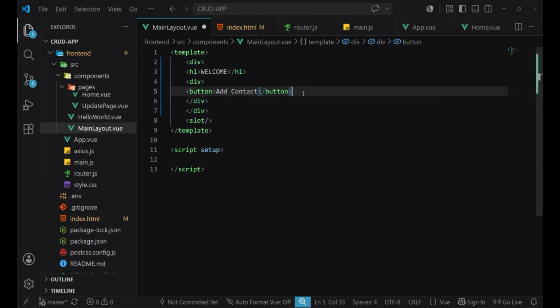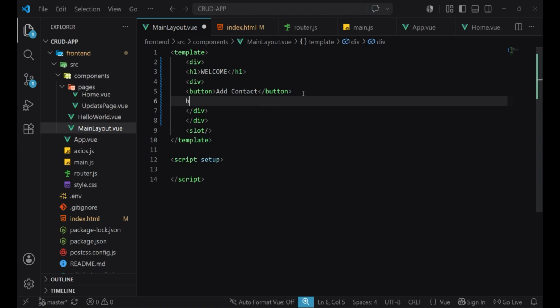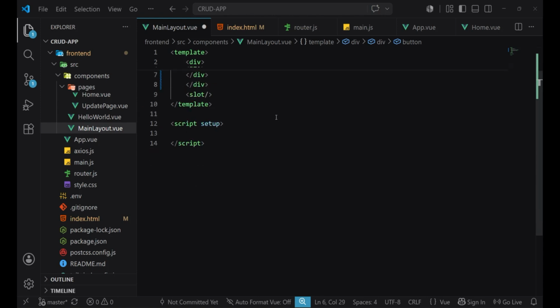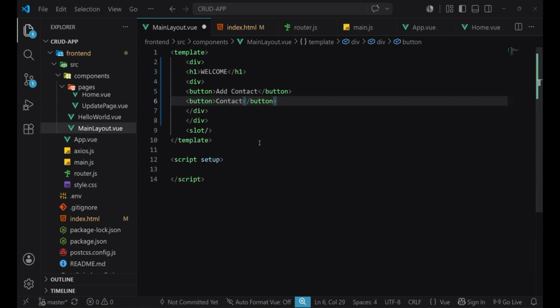and then another button should be directing us to the contact page, which for this case is going to be the home page. So contact, like that. Okay, so